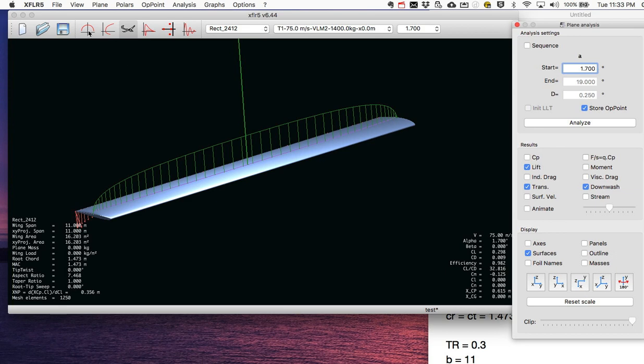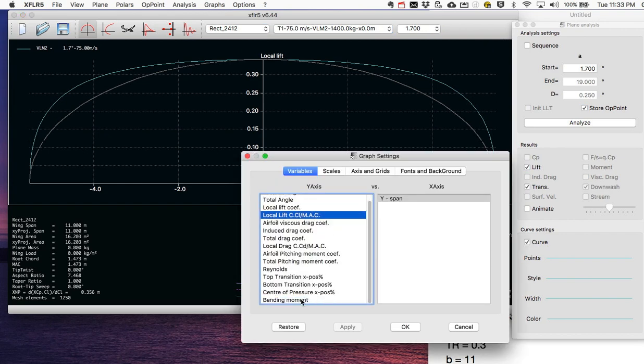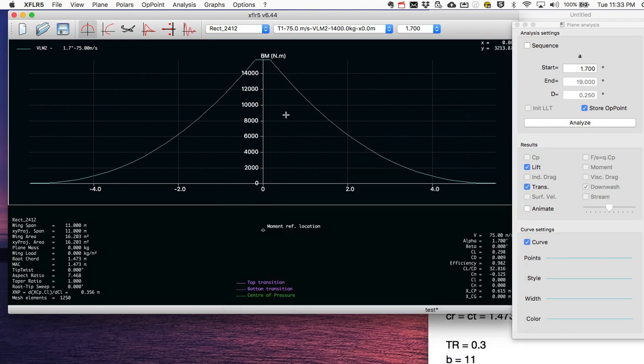You can also look at some quantities again in this window. These are span-wise distributions. If I double click here in this window, I get lots of options. For example, the bending moment distribution I can see here is peaking at the root, decreasing towards 0 at the tips. And I see my max bending moment here, and I can dump this to data to find out the actual value, but it's about